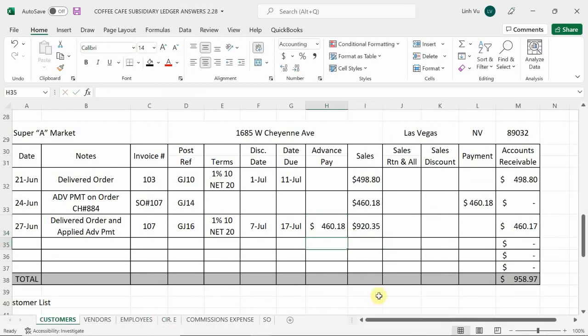If you did your formula correctly, it should say you owe $460.17, or in this case, Super A owes me that. And that's correct, because that's exactly what my invoice shows me, that Super A Market owes a total of $460.17. And that means in grand total, Super A owes me